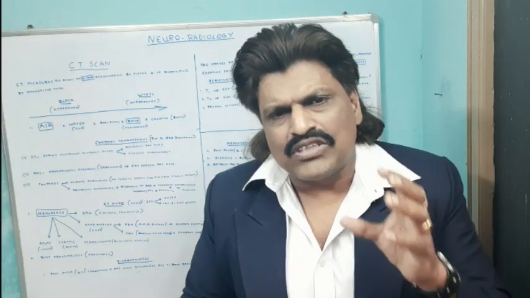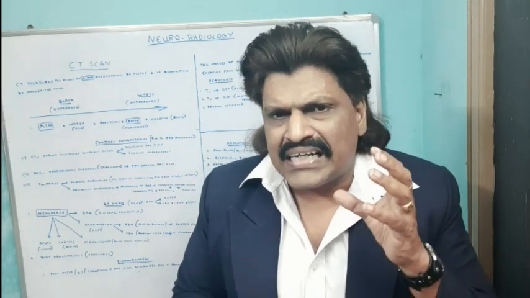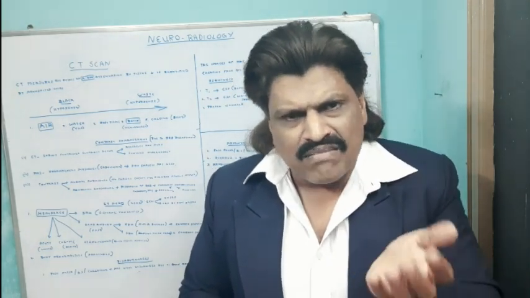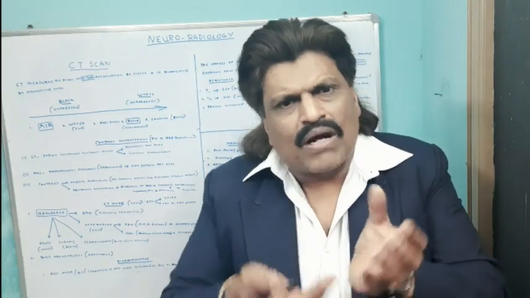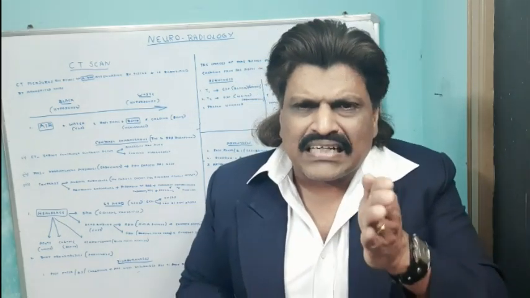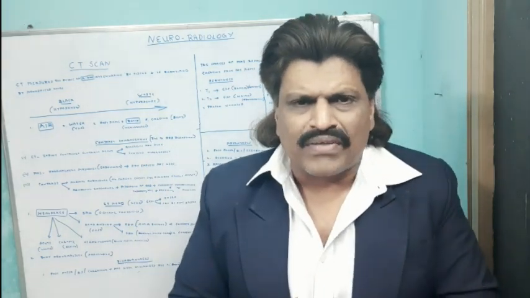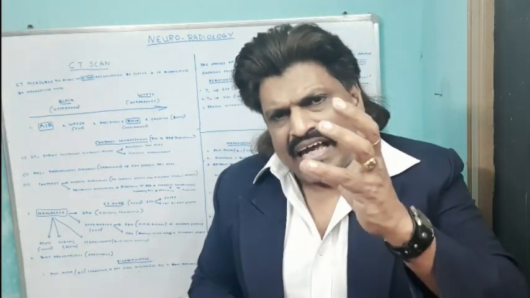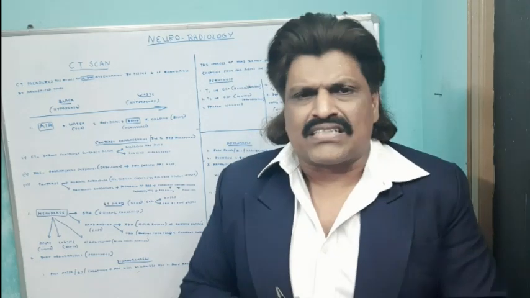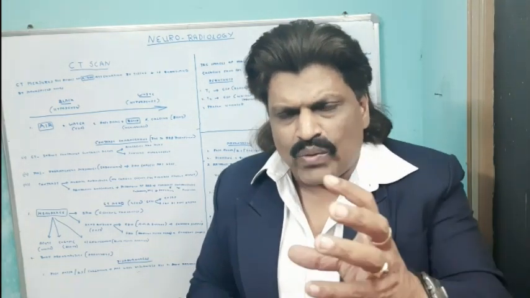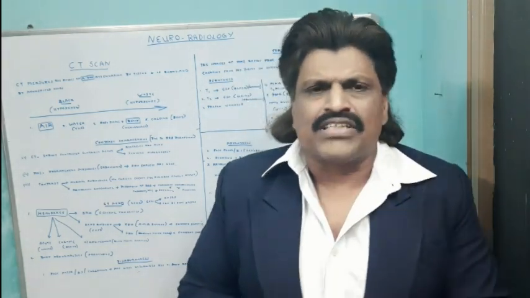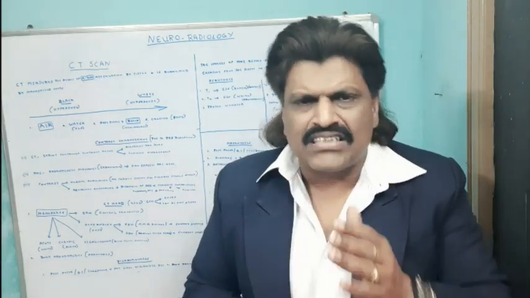Extradural hematoma is usually because of the middle meningeal artery rupture. As the name suggests, it is above the dura membrane. Dura membrane is a tough structure. It will not allow anything to get underneath the dura. So the hemorrhage is localized. It is convex shaped. It is localized, wedge adjacent to the bone.